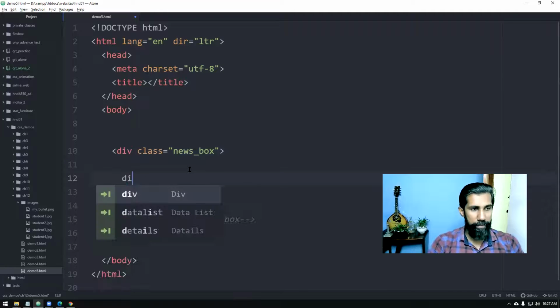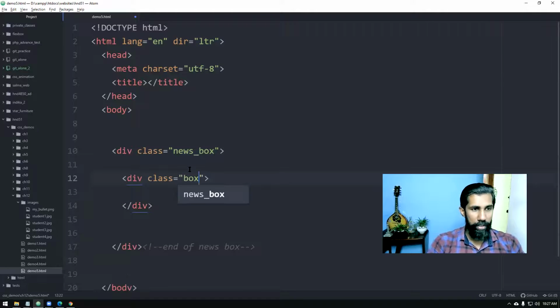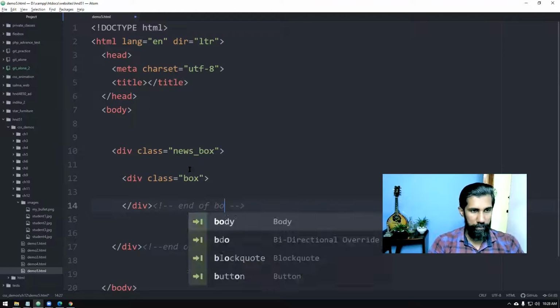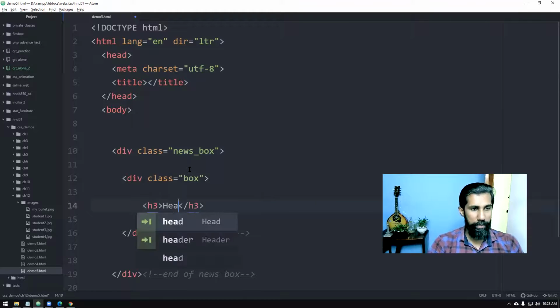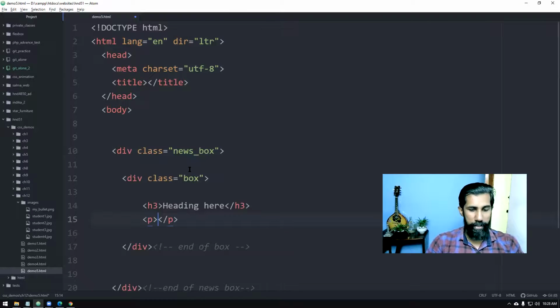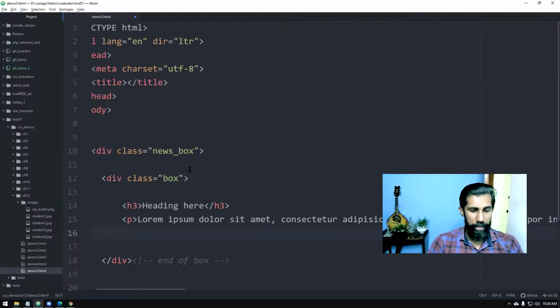Inside that I'm going to have, let's say, a box. Each box will have something like a heading, let's say heading 3, and a paragraph and a button.